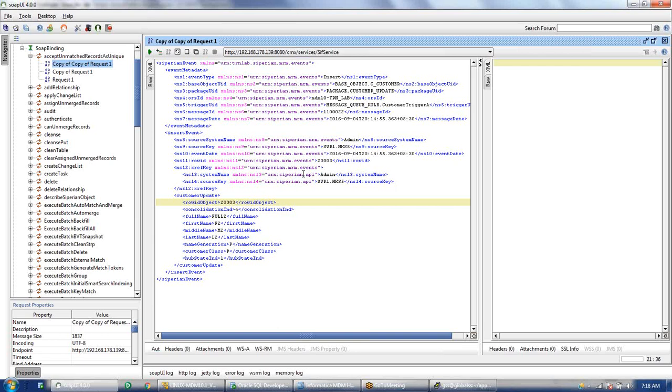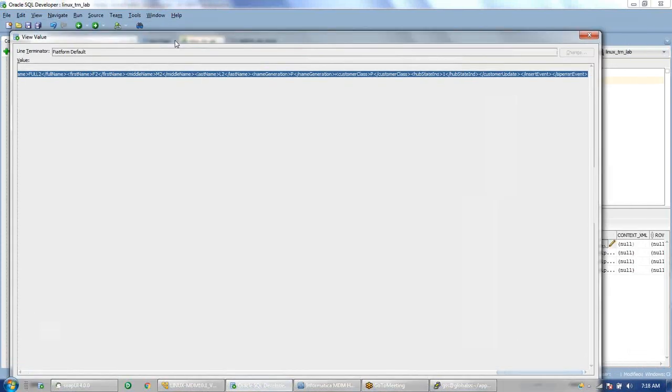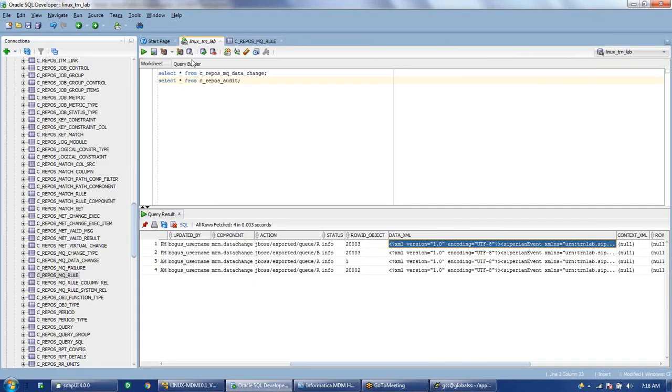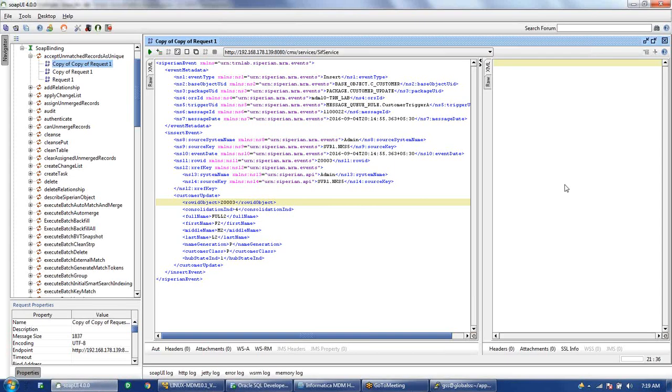So as a developer, our responsibility is that in the initial phase, once we insert any record or update, merge, or unmerge a record, we should go and see in the backend whether the records have come into the cRepos MQ data change table or not. And the next thing, whether it is getting published or not. Once it is published, we go to the cRepos audit table and read the XML just to see whether the contents present here, like the values, first name, middle name, last name, are correct or not. Whatever values we have given,